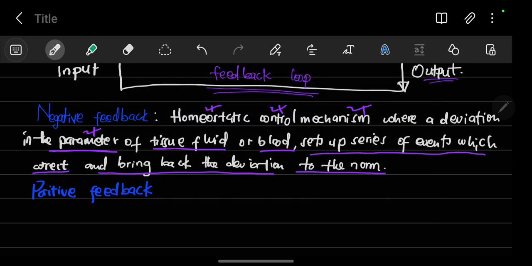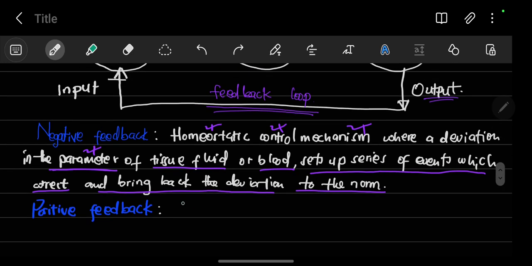And what is positive feedback? Positive feedback is going to be a homeostatic control mechanism. So we begin with those words: homeostatic control mechanism